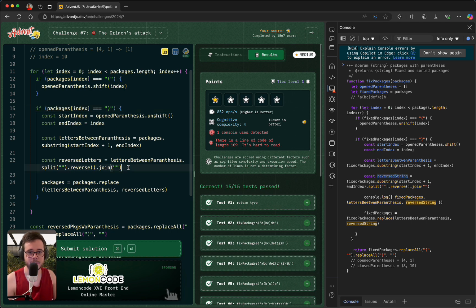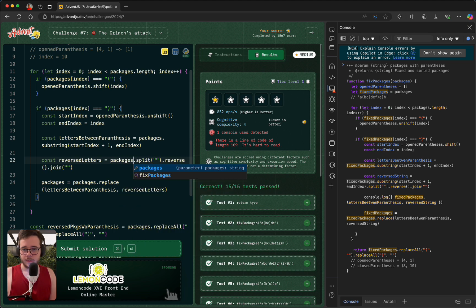So actually, this part is the part that we missed. Instead of using letters between parentheses, we need to use the actual modified value of packages. And for that, I think it makes sense because we will have the modified value of it, and we will have all the letters